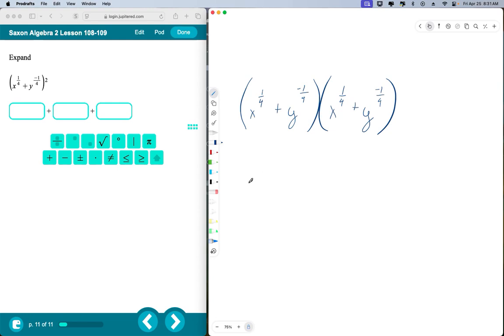So now this becomes the same. This is going to be the same answer. 1/2, right? We've already done it and reduced it. This one is going to be, you're going to have plus. There's going to be 2 of them because you have x to the 1/4 times y to the negative 1/4. You have y and negative times the positive. So there's 2 of them exactly alike. So you're going to have x to the 1/4, y to the negative 1/4. And plus y and y. Negative times a negative is a positive. So you're going to have positive